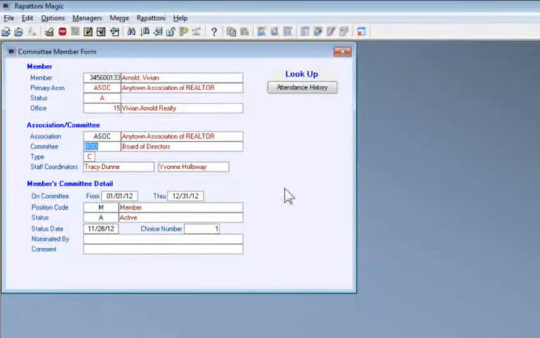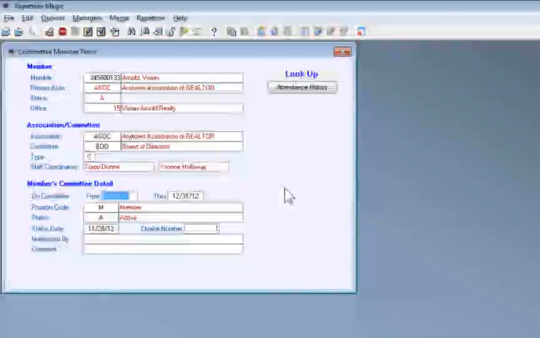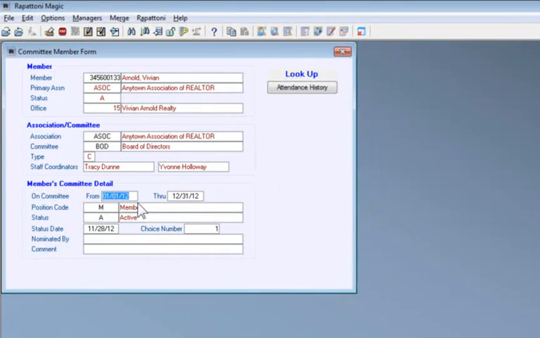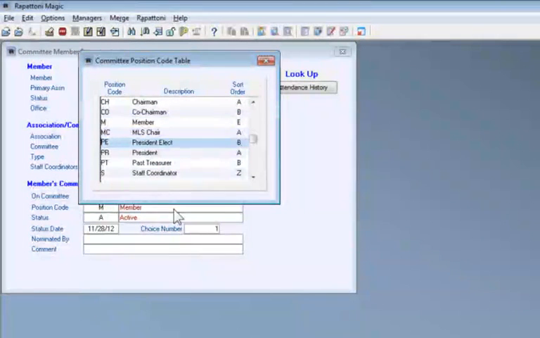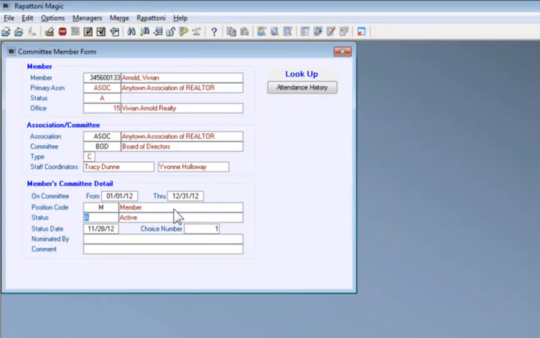All you have to fill out is the member's committee detail. You can designate the term of service on this committee. So Vivian is going to serve on this committee between this date range. You can designate her position code. She might be the president or the treasurer or just a member of the committee. You also will designate her status on the committee, and anytime that status gets changed, the status date is automatically